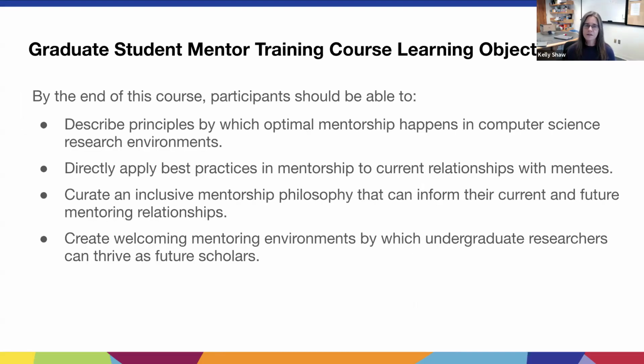By the end of the course, the grad students should be able to describe principles by which optimal mentorship happens in research environments, apply best practices in mentorship to their relationships with their undergraduate student research mentees, curate an inclusive mentoring philosophy that can inform their current and future mentoring relationships. And this can be helpful to the grad student if they're going to apply for faculty positions in the future. It's a starting point for their teaching statement. And additionally, we want them to be able to create a welcoming mentoring environment where undergraduate researchers can thrive as